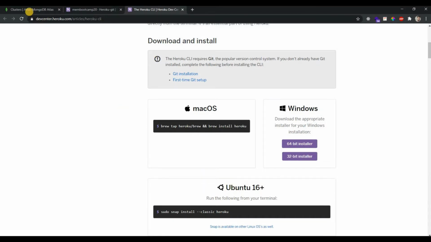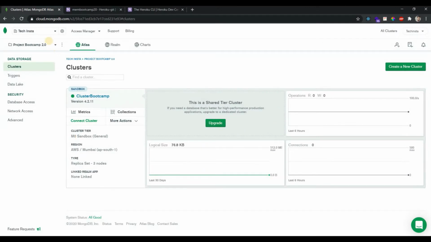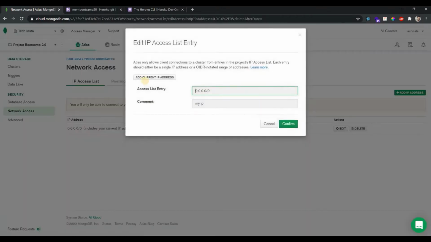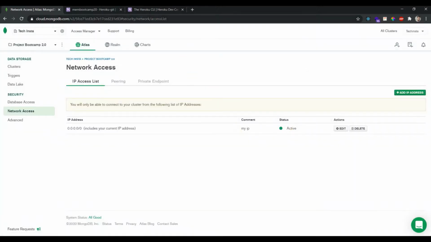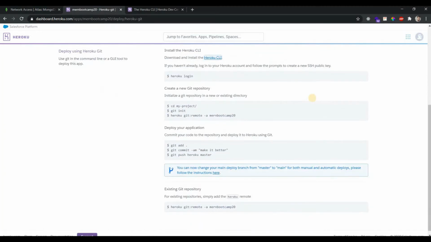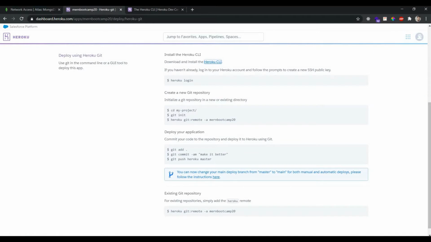So once you have downloaded your CLI, now you can see I can connect to my MongoDB Atlas cluster. So I'll just go to network access, and over here what I did was I edited the IP address and I added all IP addresses. You'll see here, add access from all IP addresses. So you can add that so that when you deploy it, you don't have to worry about the issue where your deployed version is not able to fetch this particular cluster. Okay, so we'll do that first.